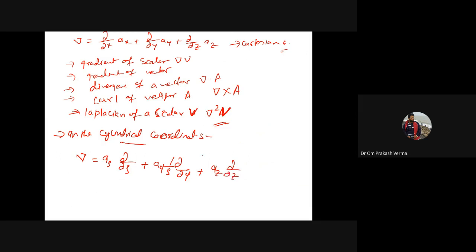This is the del operator in cylindrical coordinates, right? Now how is it derived? It may be derived simply by the equations, as you know that